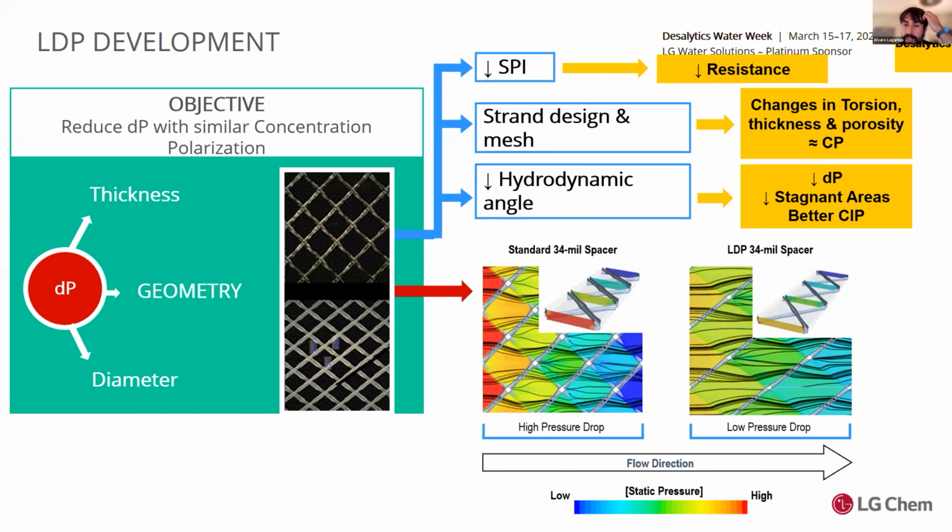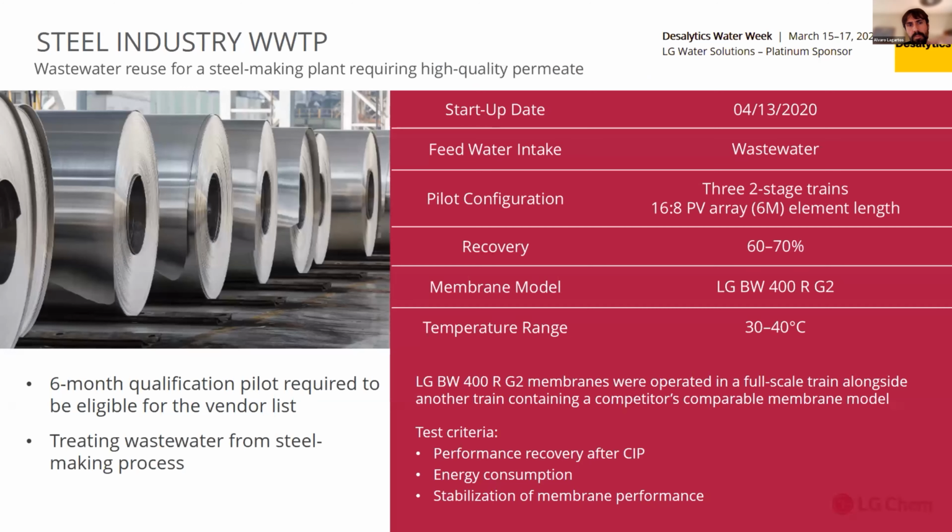With all these changes, we managed to get a drop in the pressure drop of between 30 and 40%, which is quite significant if you think about a brackish water system with several stages. But also, as I say, it helps to reduce the fouling rate, and that will lead to a reduced number of CIPs. So what I want to show you next is our experience applying these modifications